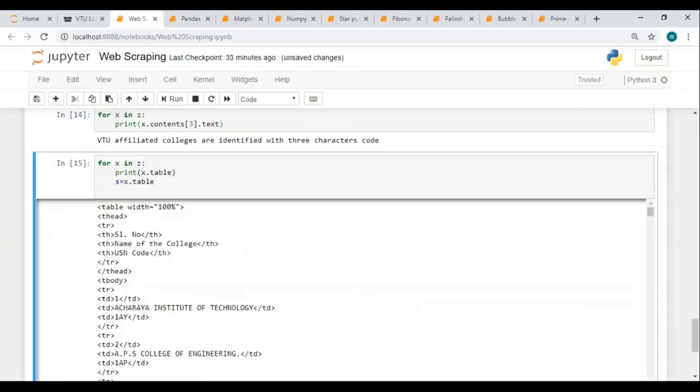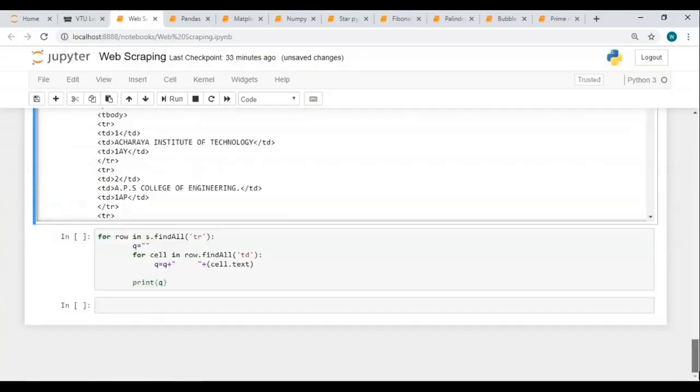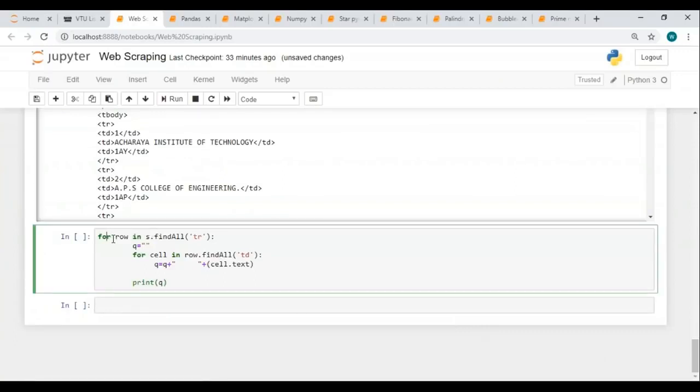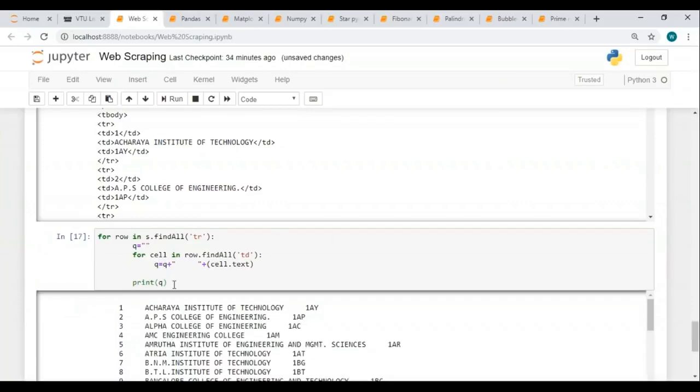As you can see over here, I've extracted the table, but I do not want these tr and td tags. To do this, I'm going to write a small block of code. Over here, I will use the for loop and I'll give any iterator name. Here, I've given the iterator name as row, and for every row that is present in the table and for every cell present in that row, I want to print it. Now let me just hit run and show y'all what happens. As you can see over here, I've scraped the table just using two simple for loops and storing them in a variable. So I hope you're clear with this.